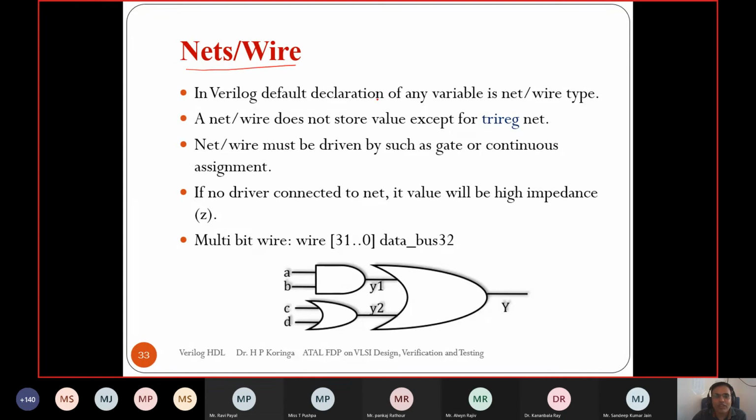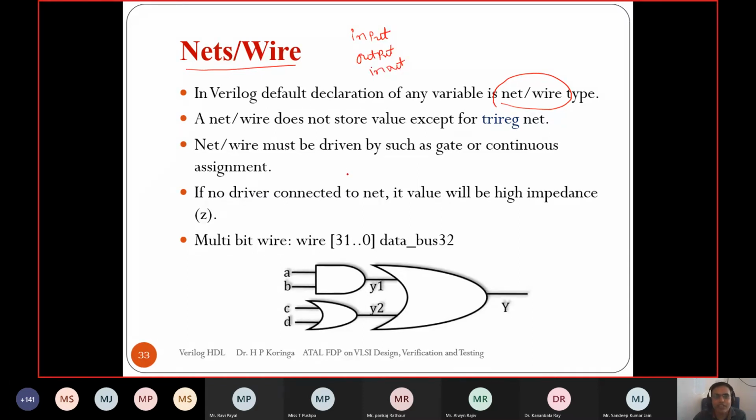So in Verilog the default declaration of any variable is a net or wire. If we do not specify it, all the input and output ports are by default wire. Input, output, and inout are by default wire types, right? Not a register type.